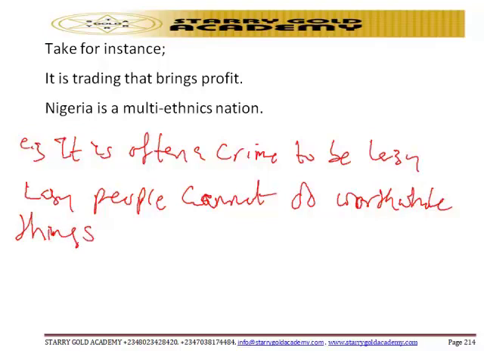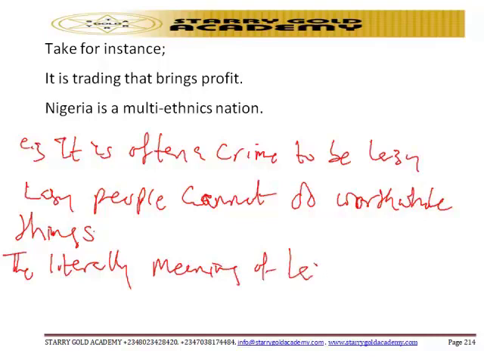What this statement actually means is that lazy people cannot do anything good, cannot achieve anything good. That is the exact meaning. It's condemning laziness. It is good to be hardworking, good to be industrious. Now, that's not where we are going. Where we are going is: what is the literal meaning of lazy? Check it now. The literal meaning of lazy means